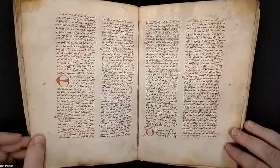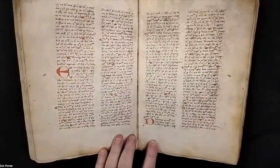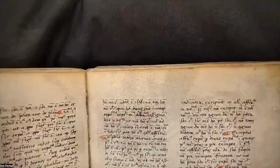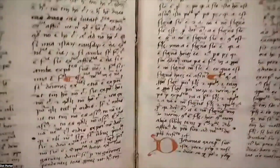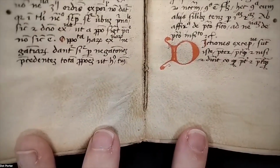So here's our parchment again. And there's no doubt that this is parchment, because we have hair follicles up there. And then when we come down here, there's a whole other kind of, this is a very skin-like